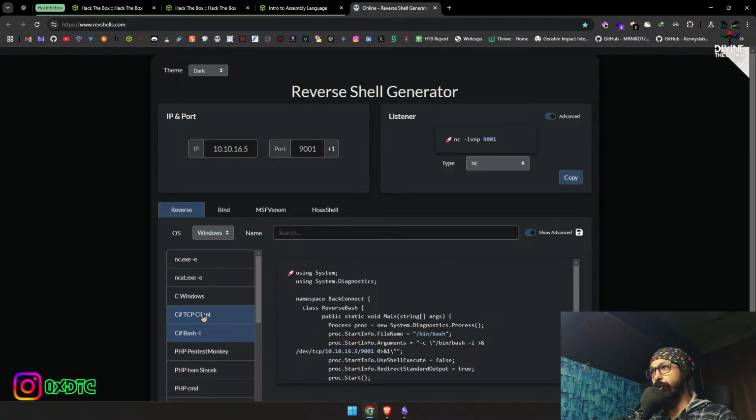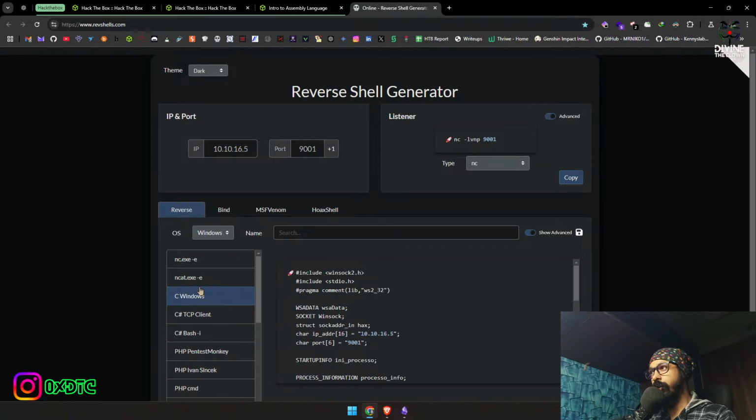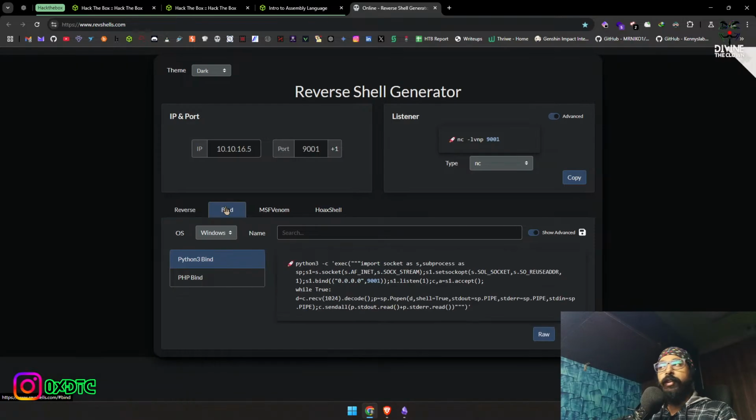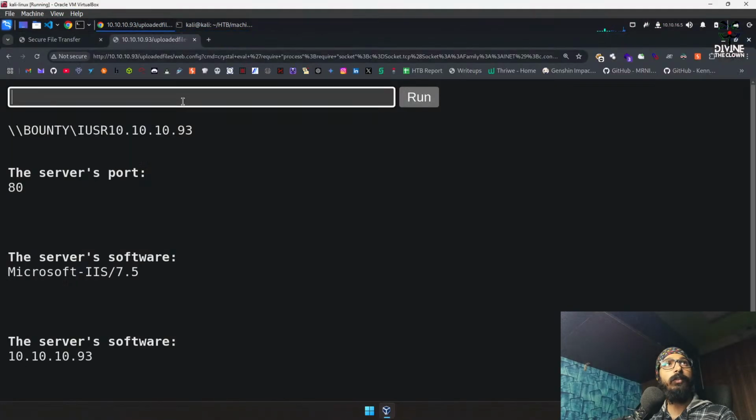We're not going to use those. TCP. Okay, so the only way we have is we can use this reverse shell. Okay, we have the bind. Let's try this, if we have Python over the environment